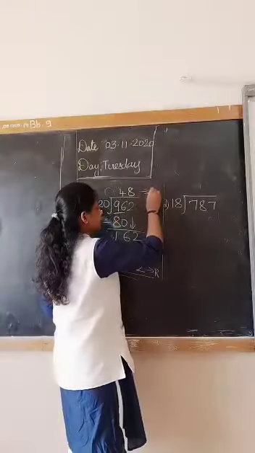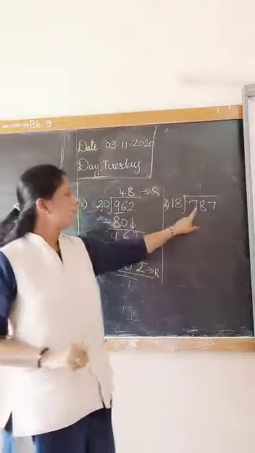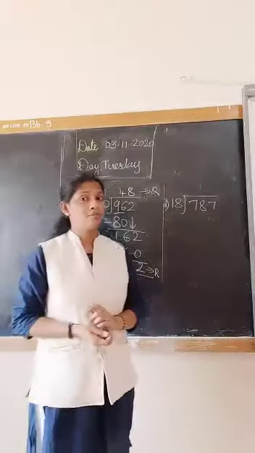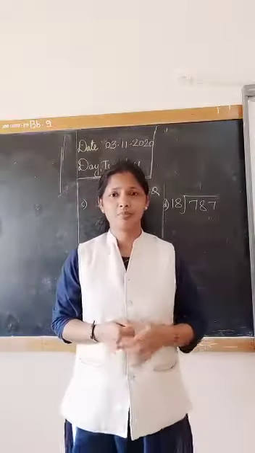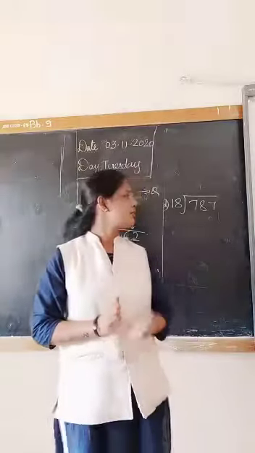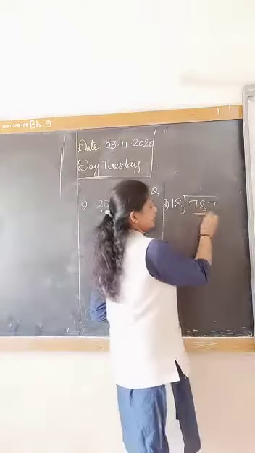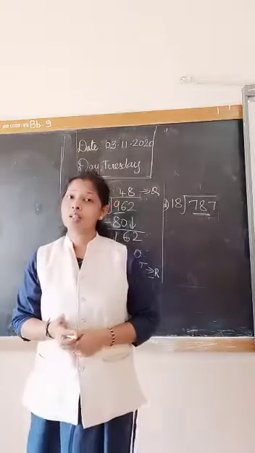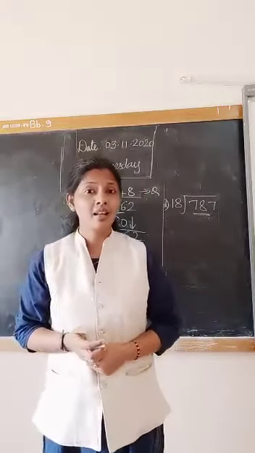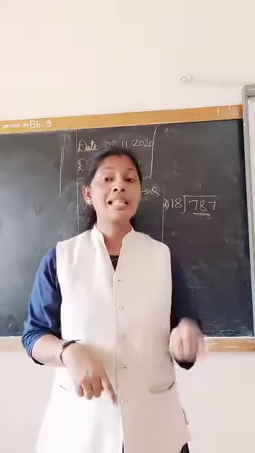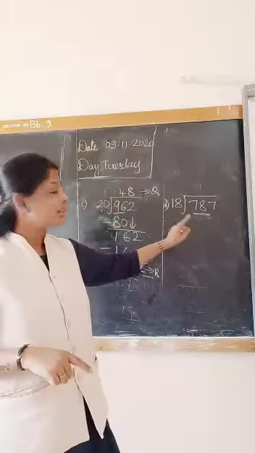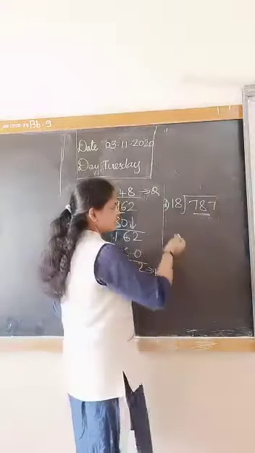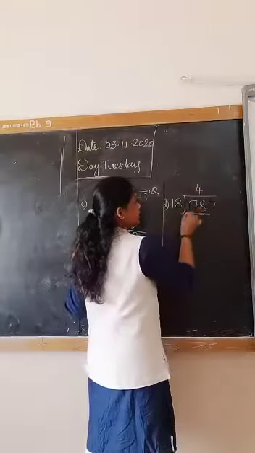Let me solve that also. That is the last one. 787 divided by 18. We have to use the 18 table. Now here it may feel difficult because some of you don't know the tables, I know that. So for the 18 table, consider 78. Any idea? 18 ones are 18, 18 twos are 36, 18 threes are 54, 18 fours are 72, correct? Then 18 fives is 90, which is not possible here. So we have to consider 18 fours, so it's 72.